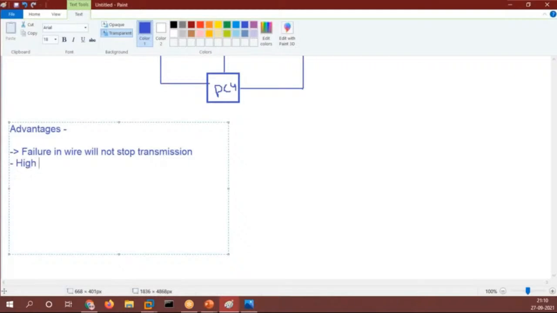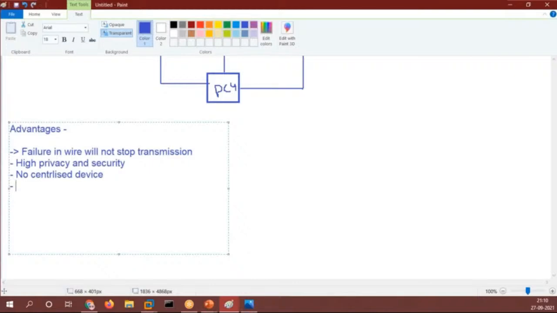So, high privacy and security. Direct links. We have the direct links to send the data towards the other person, right? Now, no centralized device. So there is no device that is managing all of the devices. So no centralized device is there.